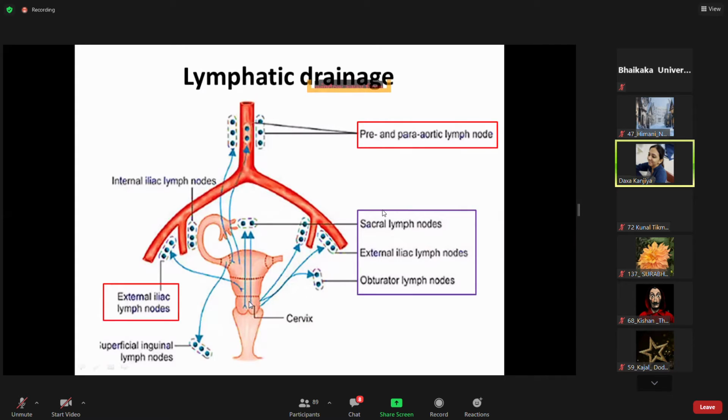And the lymphatics from the cervix drain into the sacral nodes, external iliac nodes, and obturator nodes. So the lymphatics from the cervix are drained by different groups of lymph nodes, and that's why carcinoma of the cervix spreads through these lymphatics. Then the lymphatics from the lateral cornu, lateral angle,